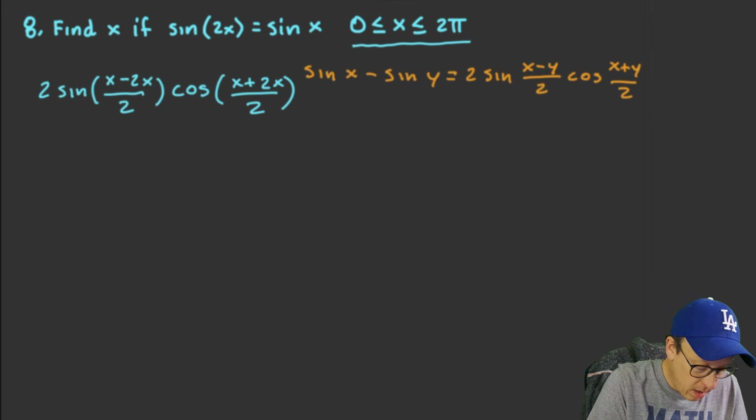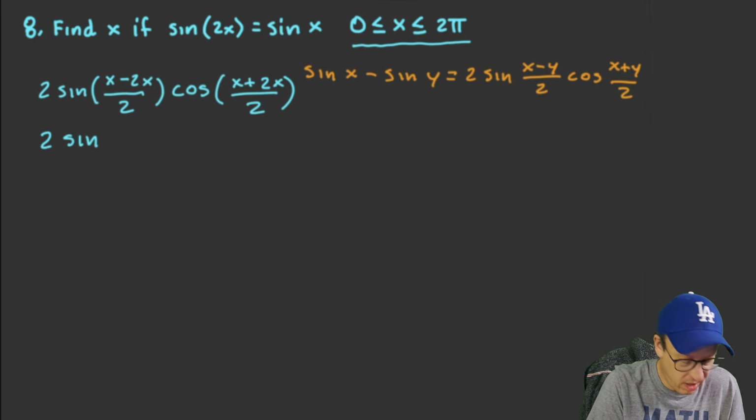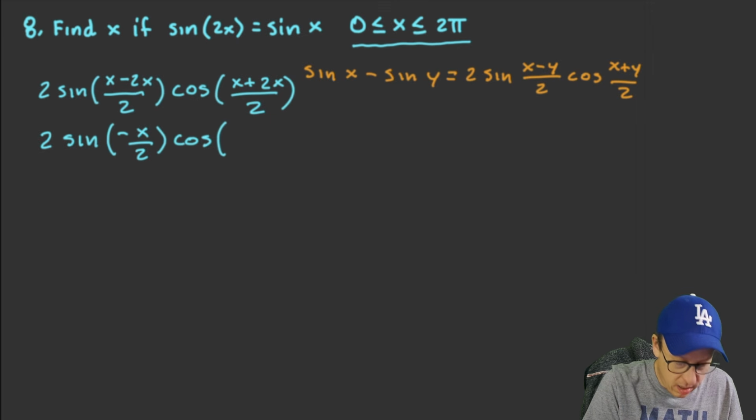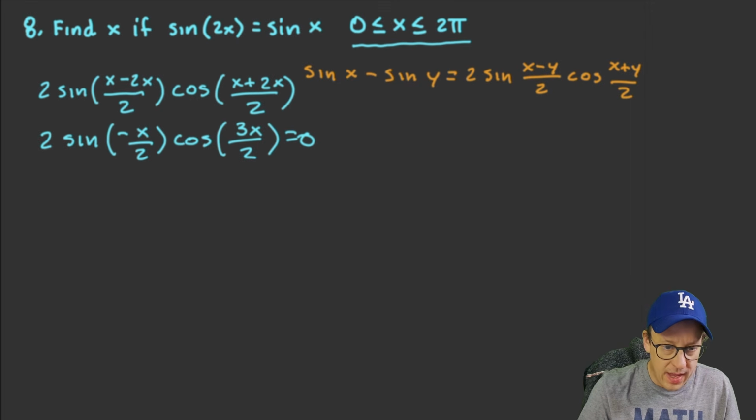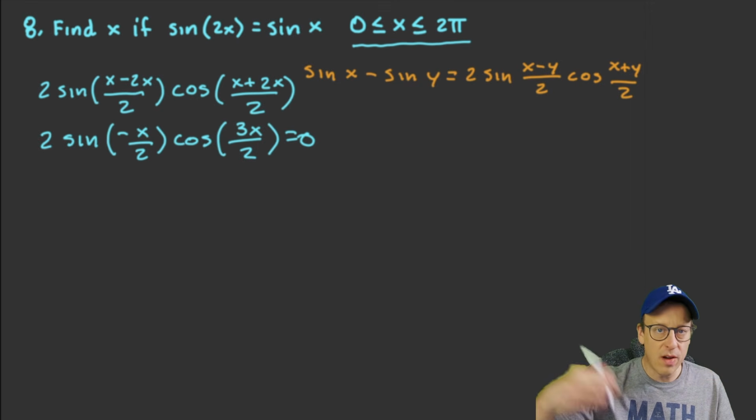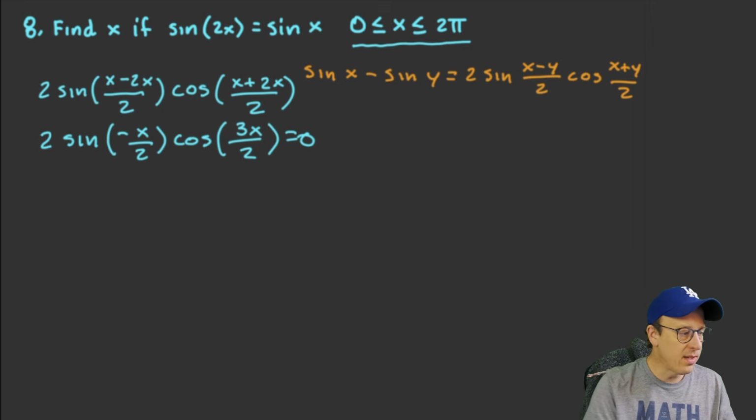Okay? So 2, and then we'll just continue solving and simplifying. So this ends up being negative sine of x over 2 times the cosine of 3x over 2 equal to 0. And then what I need to do is actually solve them separately, because if either one is 0,